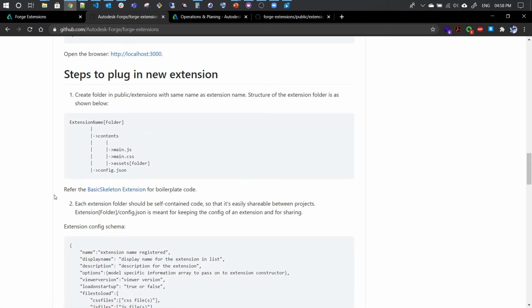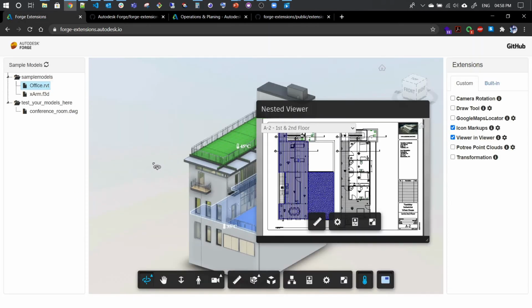The main advantage is, let's say you end up with two Forge projects, one in React and another in Angular, and you build one logic on Viewer. On top of Viewer, you build one extension, and you want to reuse the same extension in both projects.